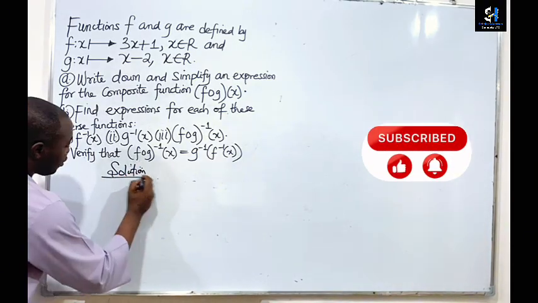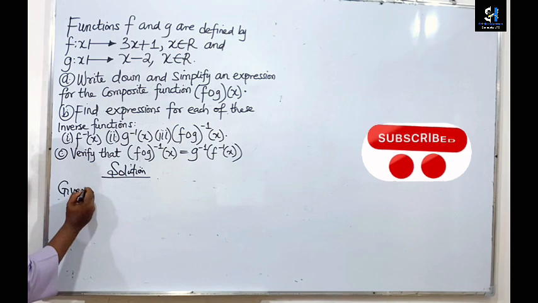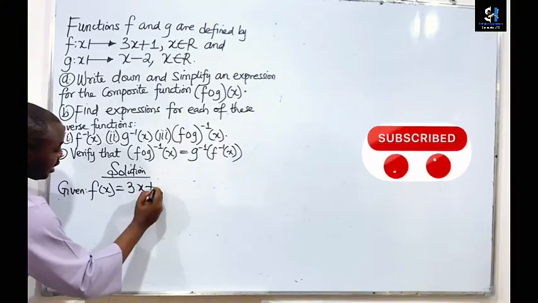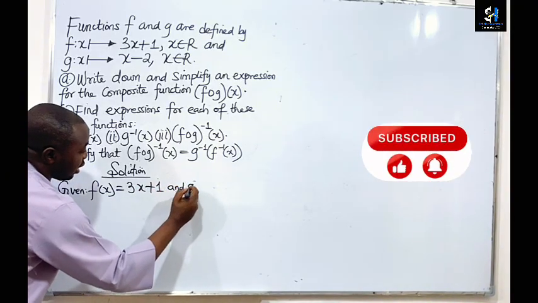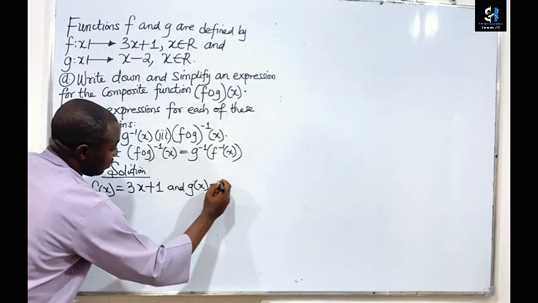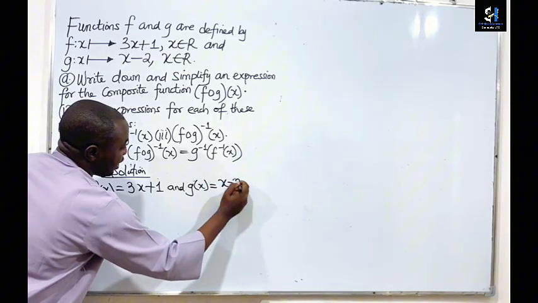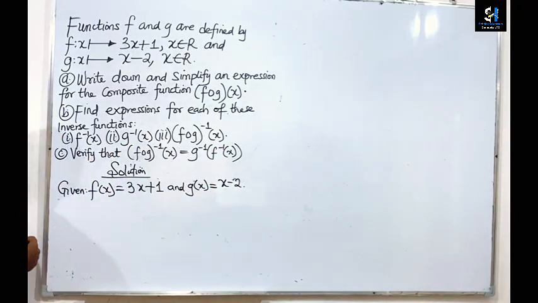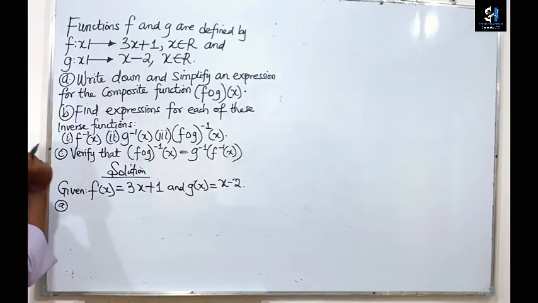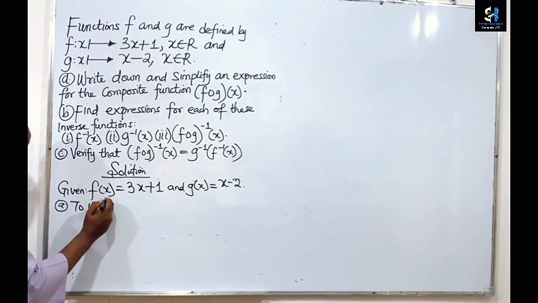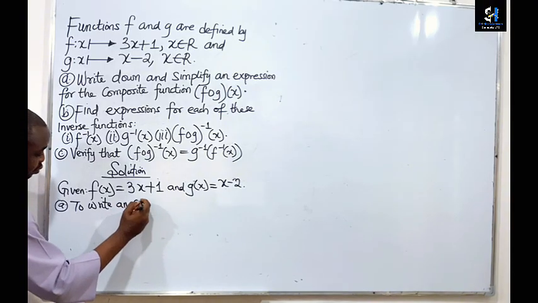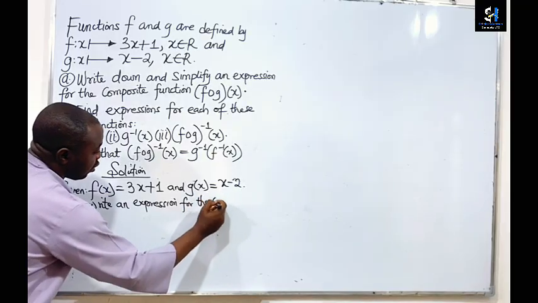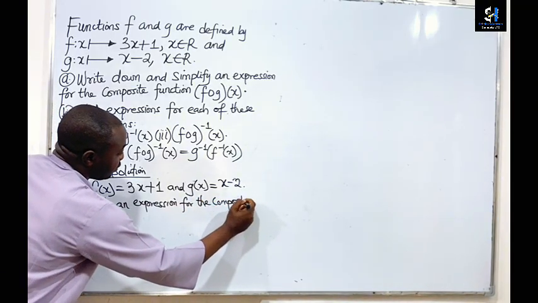So because we are given f of x, which is equal to 3x plus 1, and g of x, which is equal to x minus 2, defined for all real values of x. A. Now, to write an expression for the composite function,